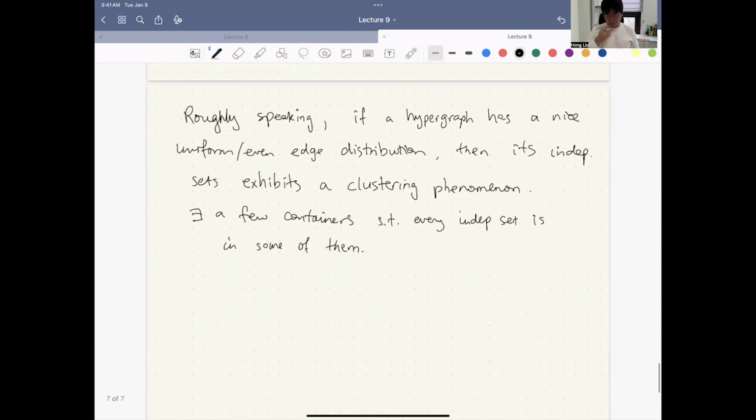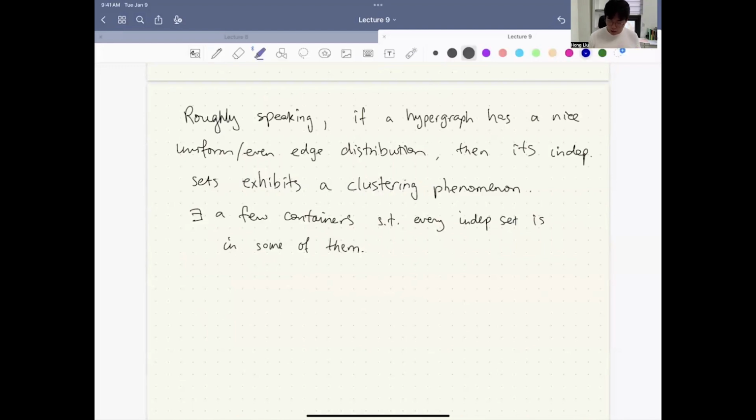And we also need these containers to be not so large in terms of both the vertices and edges. For otherwise, you just take the whole vertex set of the hypergraph. That's meaningless. Okay, this is the